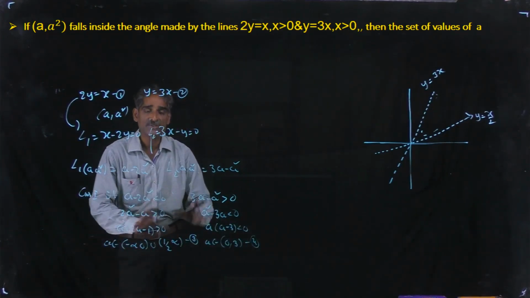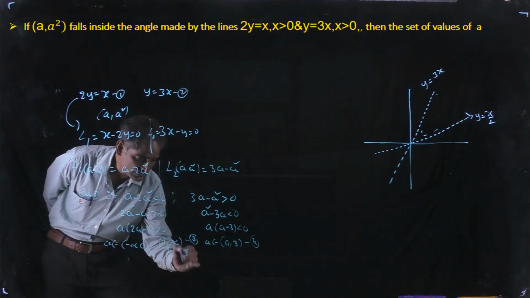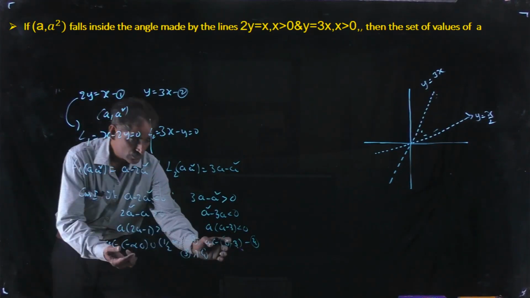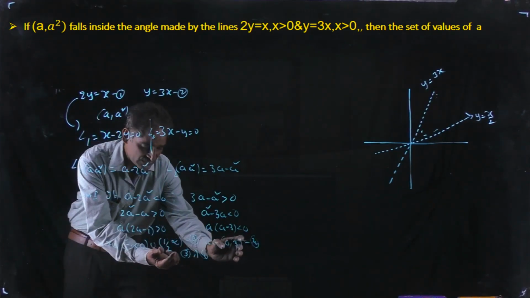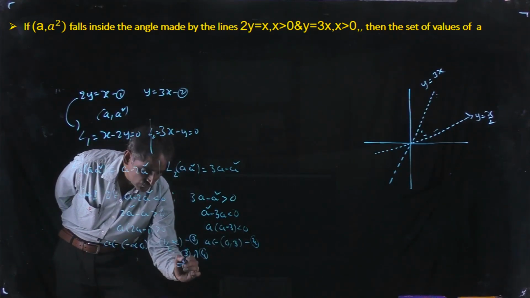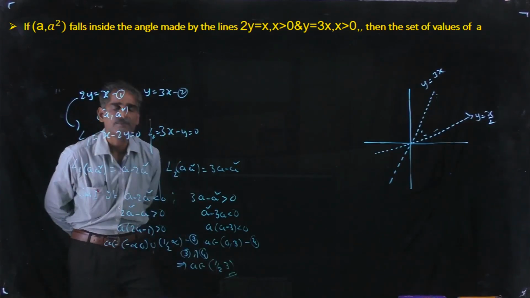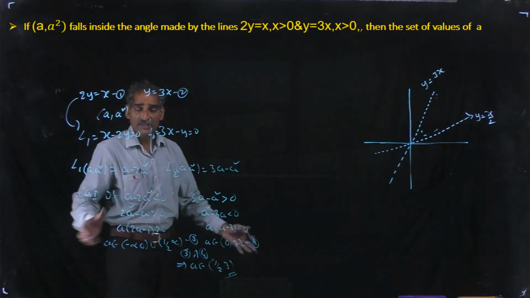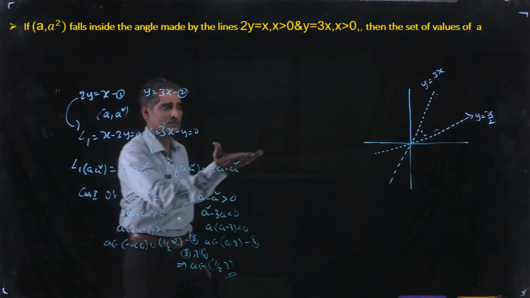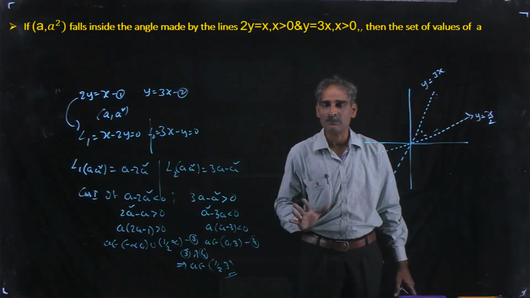Now the intersection of these two is the result of these two cases. So take the intersection of 3 and 4. What is the intersection of these two? There is no intersection for this part. The intersection of these two is nothing but 1 by 2 to 3. Therefore from 3 and 4 you can write a belongs to 1 by 2 to 3. We can verify the remaining cases, taking a greater than 0 and less than 0. In that case, we will get no value for a. Okay, so this is the answer for this problem.